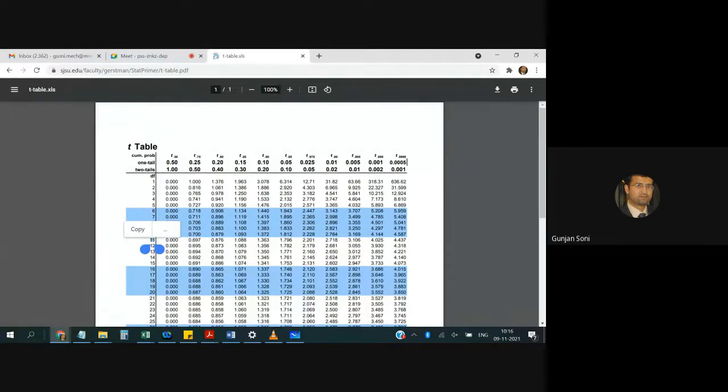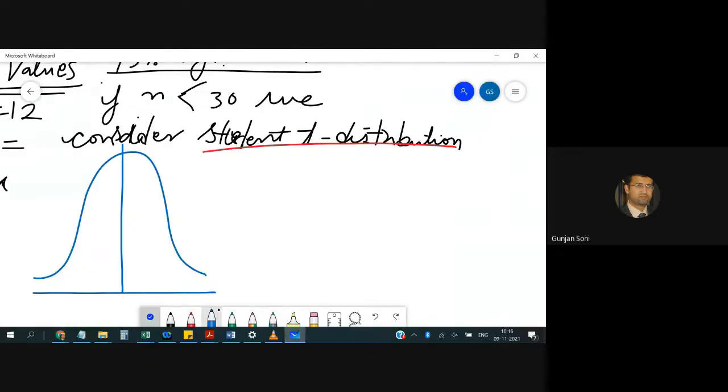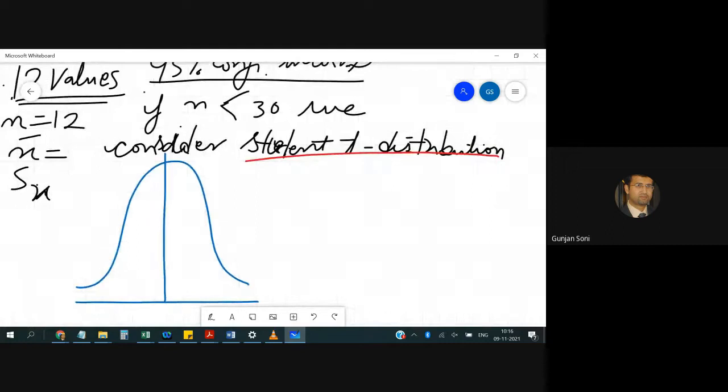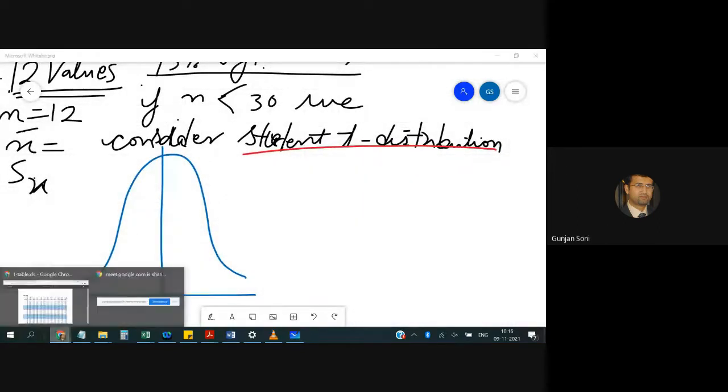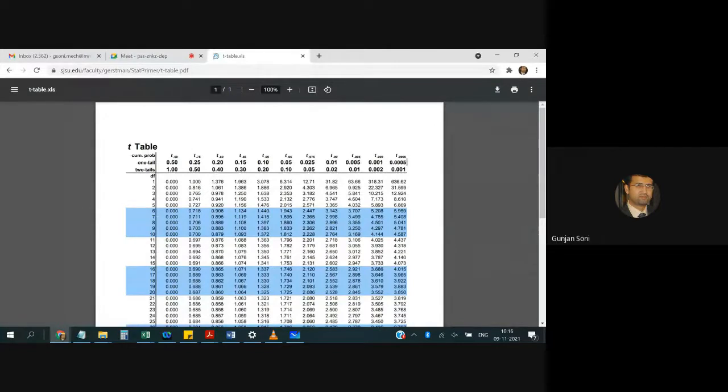See, it might be a little bit difficult for you to digest initially, but you'll get used to it soon. So you can always question, please. The more you ask right now, the easier it will be for you to understand, for the whole class as well. So as you can see, we were considering n equal to 12 over here, right? So now let's go back. So n equal to 12 means 12 observations have been taken, and I have to get this t value. Why do I need to get the t value? Because I need to know the confidence interval limits.